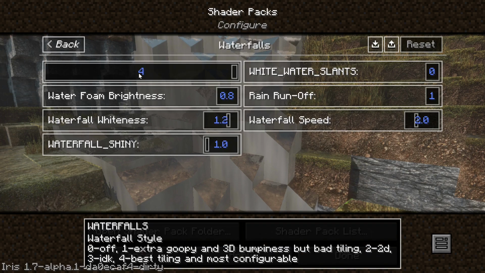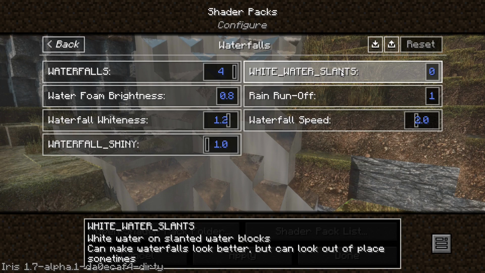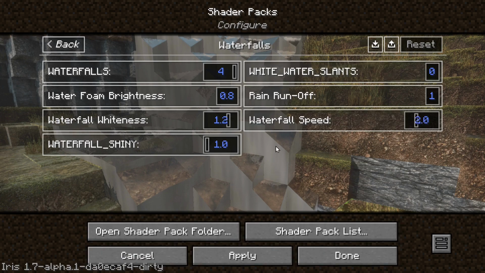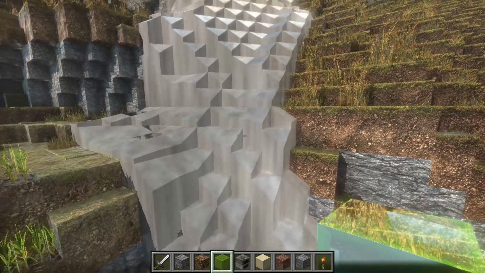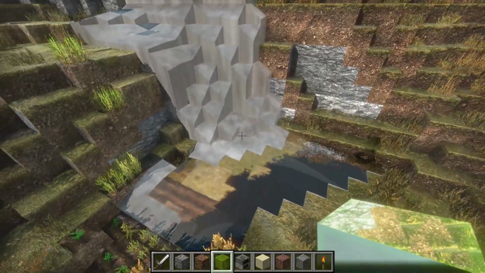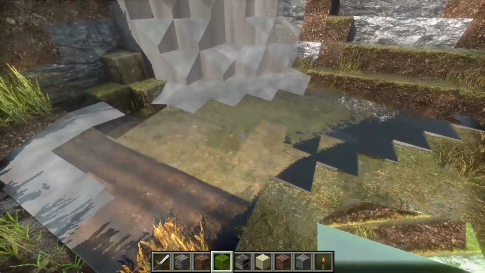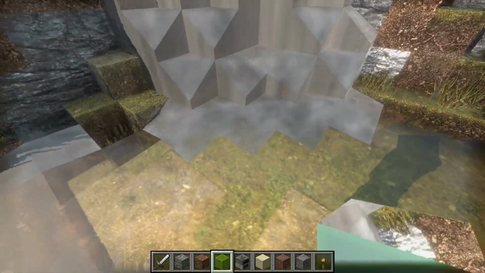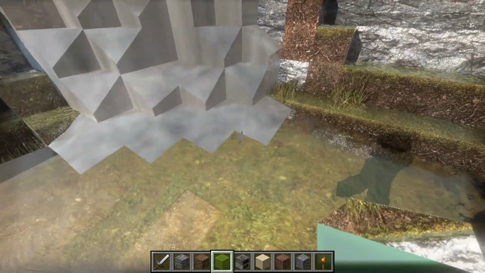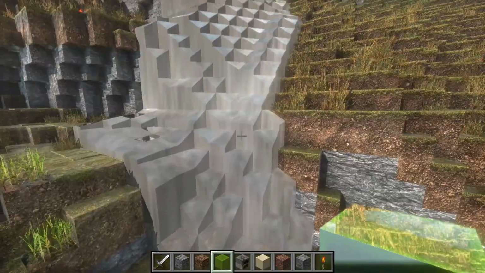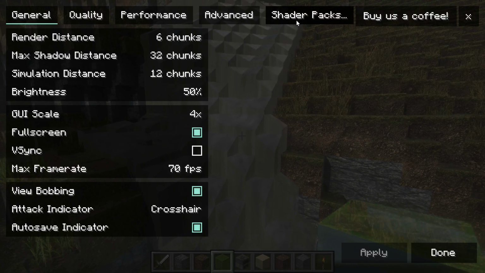There's 4 different types of them, so you can get some of the ones in the earlier demos if you liked them. This feature makes the little slants have the same white that's here. It's an option because I think it looks cool like that, but then you get these little white bits on the bottom, and there's not really a good way to fade those, and I think they look funny,